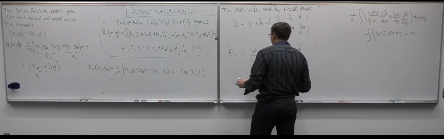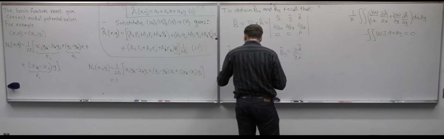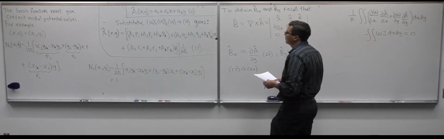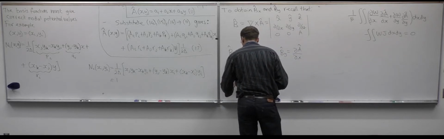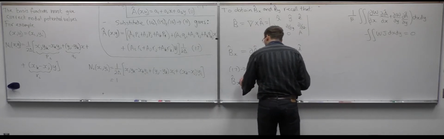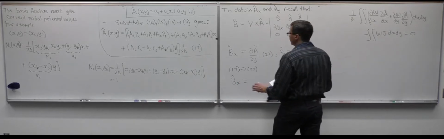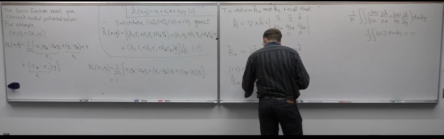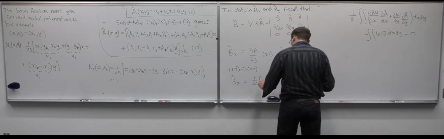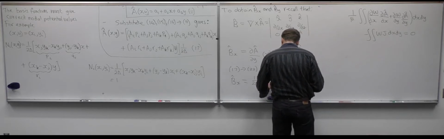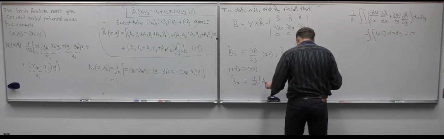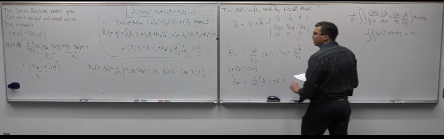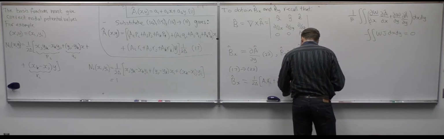So if we substitute 17 into 22, that will then give us Bx is equal to, so we're going to take the derivative with respect to y, so we just get out 1 over 2 delta times ai ri plus aj rj plus ak